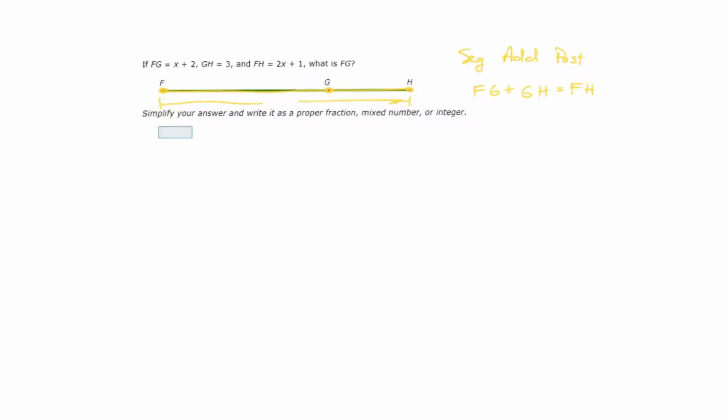So in this question, you can see that FG is x plus 2, and I like to fill out the segments. It helps me organize what I'm doing. GH is 3, and FH is 2x plus 1. So I'm literally just taking these pieces, FG, x plus 2, plus GH, 3, is equal to FH, 2x